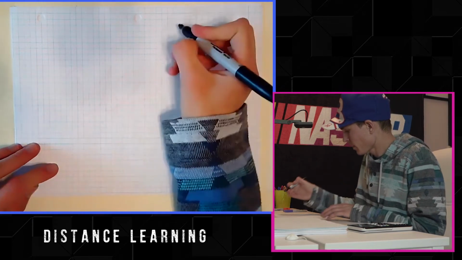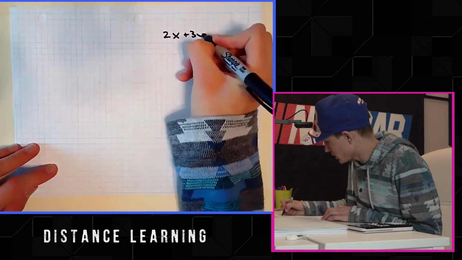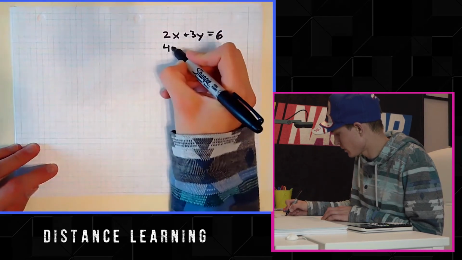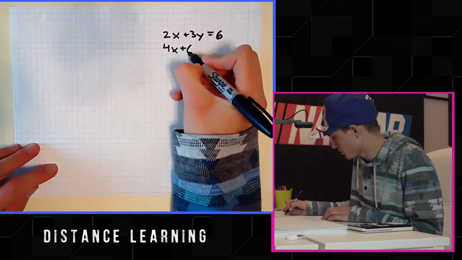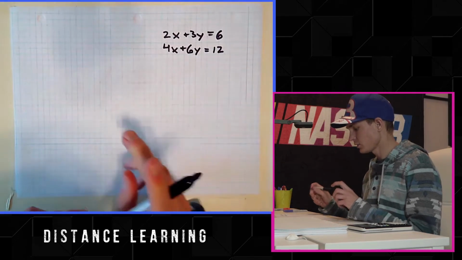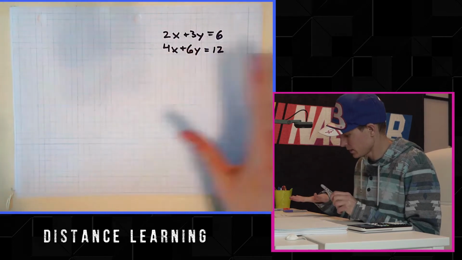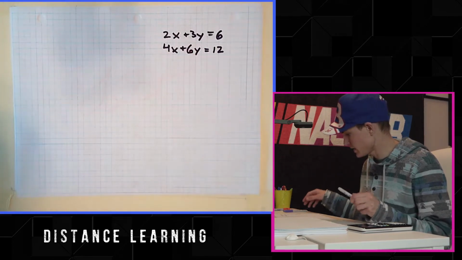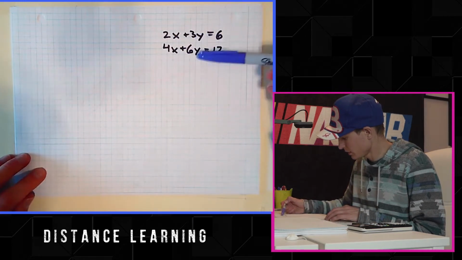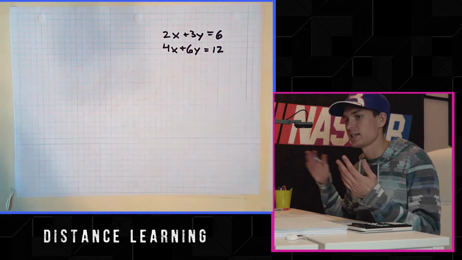So, 2x plus 3y is 6. 4x plus 6y is 12. Now, sometimes they're easy to see like this one. Sometimes they're shifted over a little bit, and so it's not as easy to see right away. But you might be able to see, that's double. This is double. This is double. All the signs are the same. That's kind of a sign that